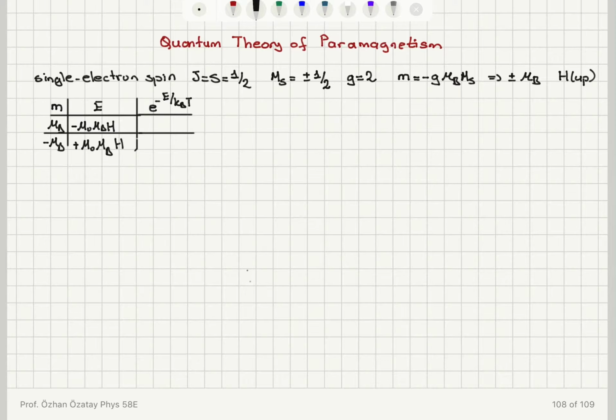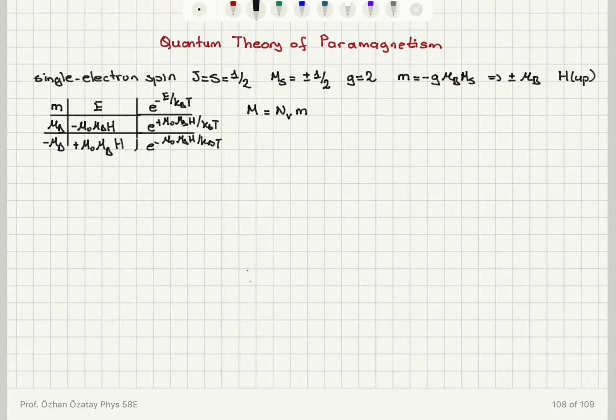This is going to be equal to e to the plus mu0 mu b H over kBT, and for this scenario I will have e to the minus mu0 mu b H over kBT. Okay, the total magnetic moment M will be the number density of atoms multiplied by the magnetic moment per atom,